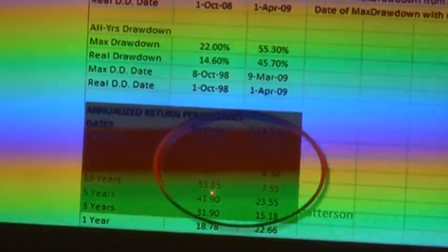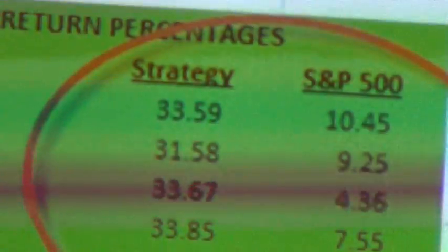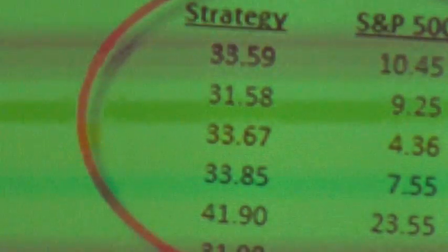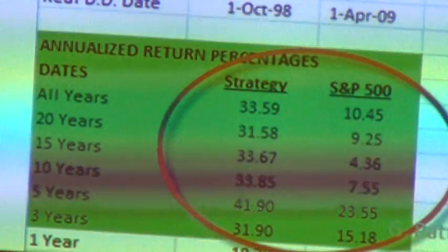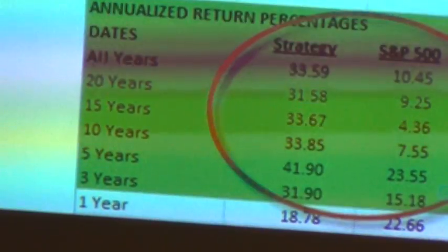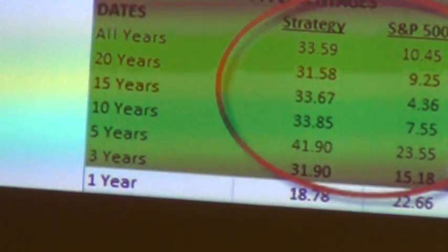Last 5 years was a little better. Last year was not quite as good. One of the interesting things I found out with this portfolio is that on years when the S&P did very well, when it was, let's say, over 25% or more, the portfolio would trail that. There have been 4 years like that, I think, in the last